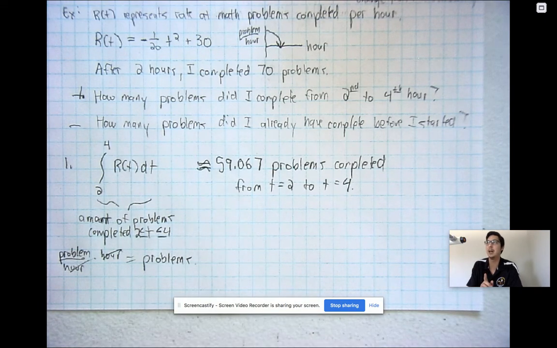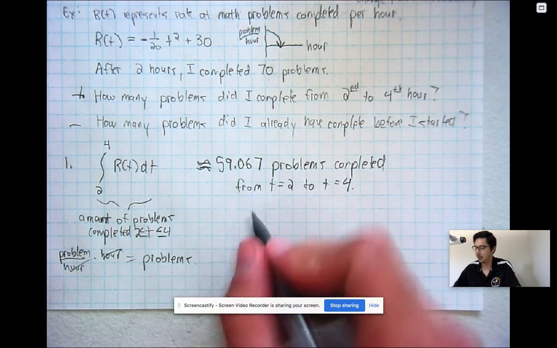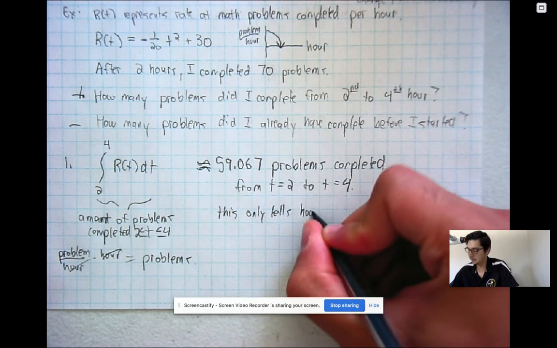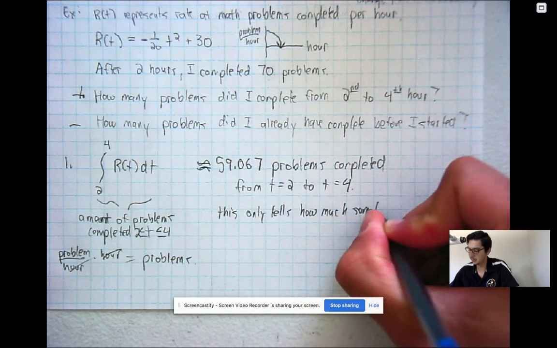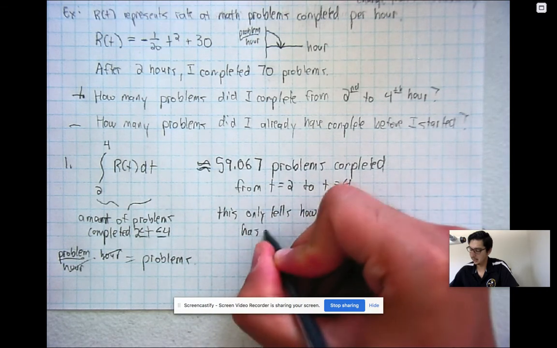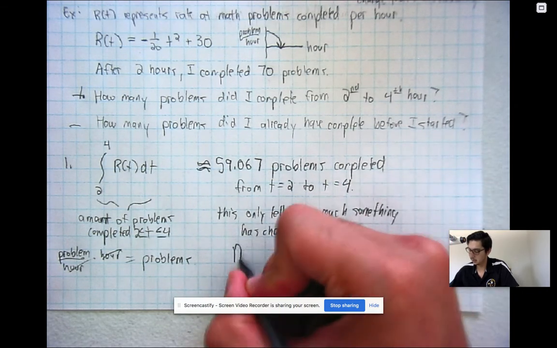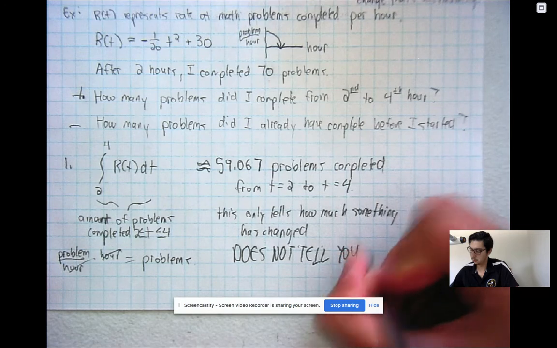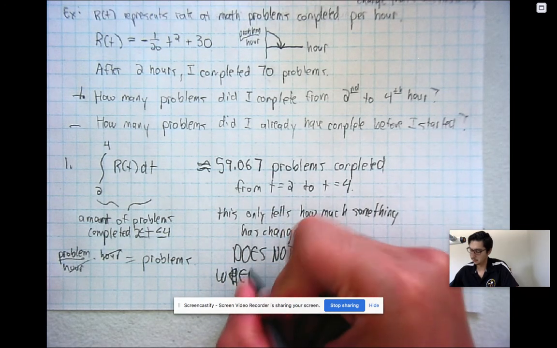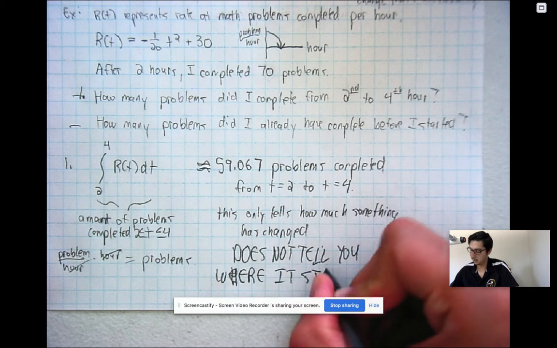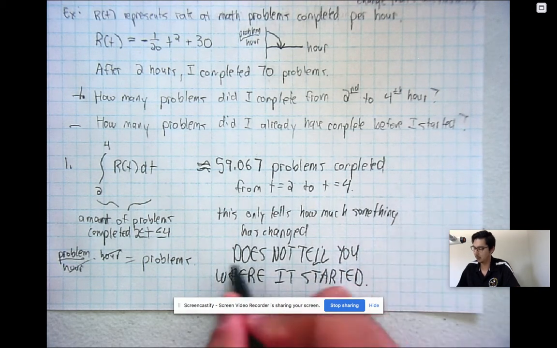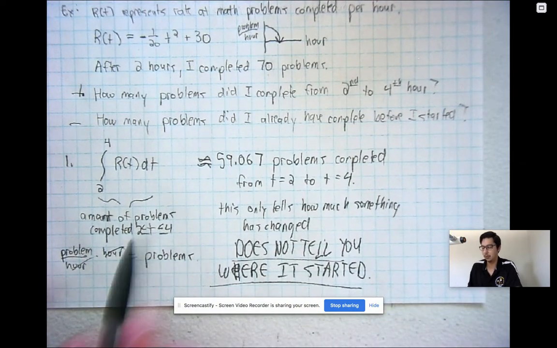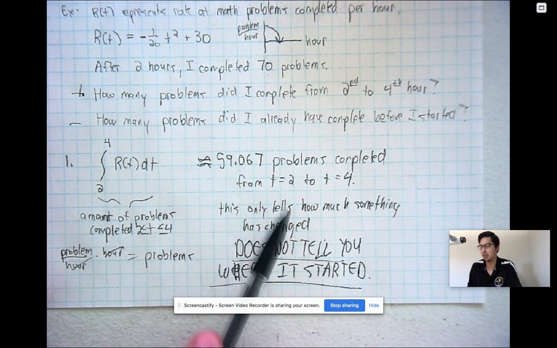But you need to account for our starting position, right? This only tells us how much something has changed. It does not tell you where it started. And that is important to know, and that is a common mistake people always make with this. They say 59.067, I'm done. Well, kind of. You did 59.06 problems from the second to fourth hour, but the question is how many problems